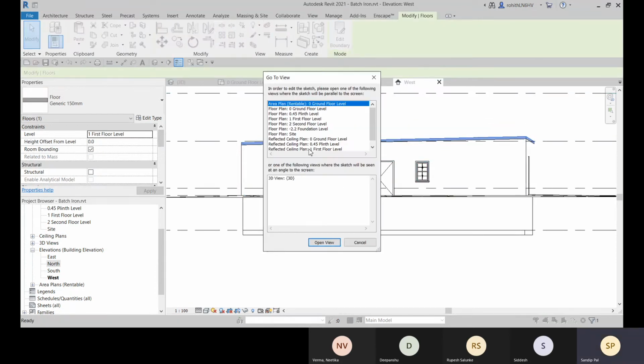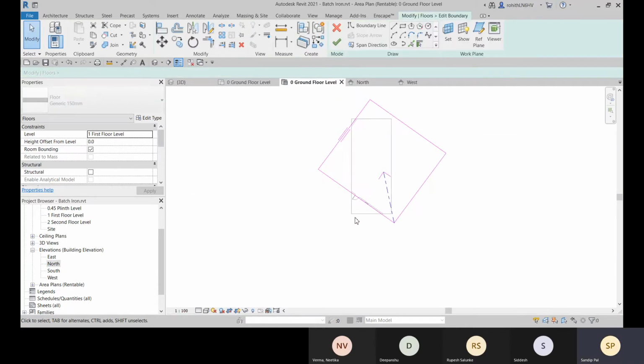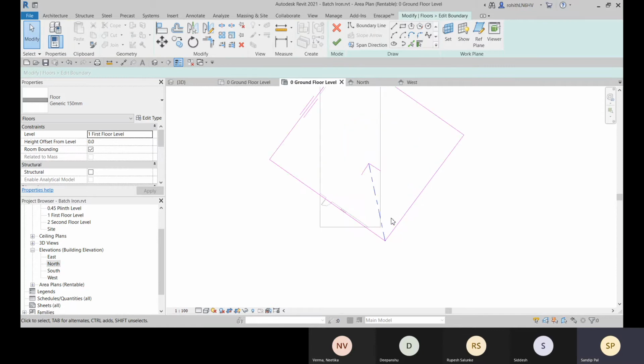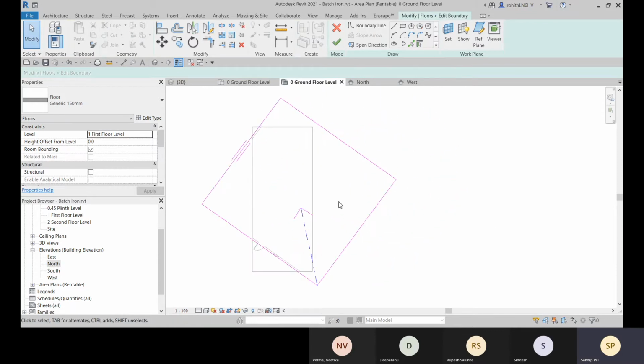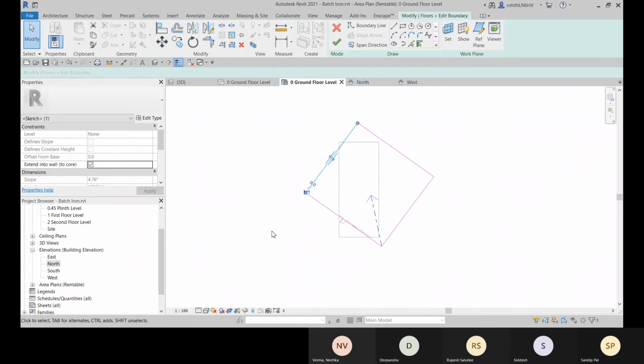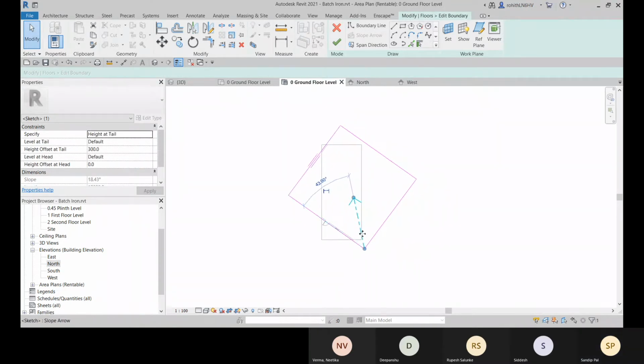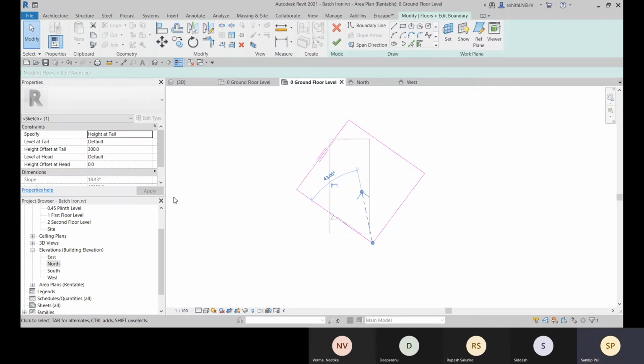Now go for the edit boundary option, and you need to go to any level there, and this is the level which I have. And within this level, select this slope arrow. Okay, and here we have that is level at tail.